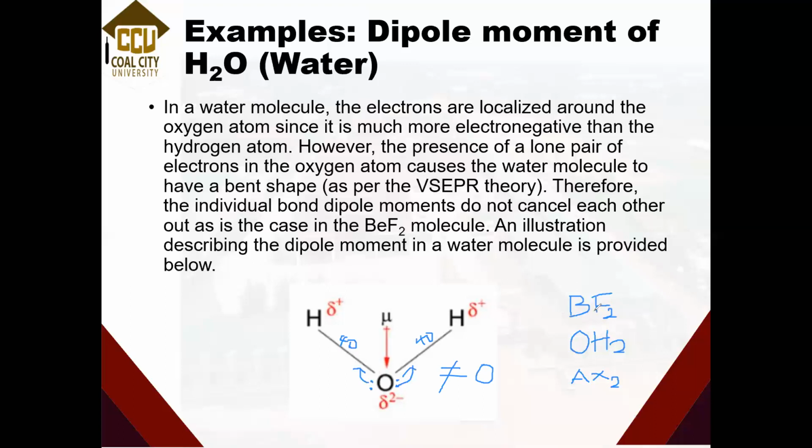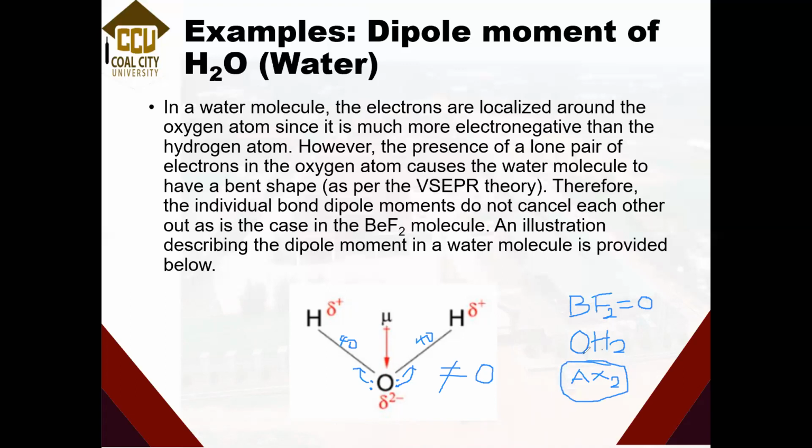But in beryllium difluoride, the dipole moment is equal to what? Equal to 0. Sorry, not the bond dipole moment, the molecular dipole moment. Beryllium difluoride has 2 bond dipole moments, but its molecular dipole moment, which is the net dipole moment, will be equal to 0. In water, there are also bond dipole moments, but the net dipole moment of water will not be equal to 0. So if you are asked why, the simple explanation is that despite the fact that beryllium difluoride and water have the same generic format of AX2,